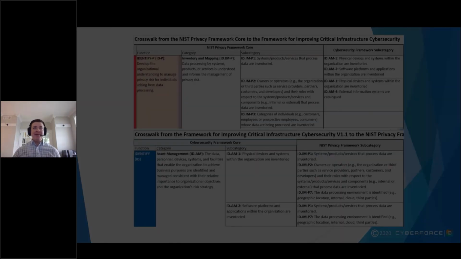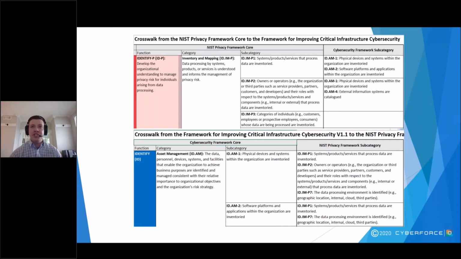This seems like a good point to mention that if you do end up choosing to utilize both frameworks, NIST has published spreadsheets which are very clear about the bidirectional cross-mappings between the two. These documents can be found in the same reference library that I mentioned a moment ago. These screenshots that you see are just small snippets of both, the top being from the Privacy Framework to CSF conversion, and then the inverse of that on the bottom screenshot.